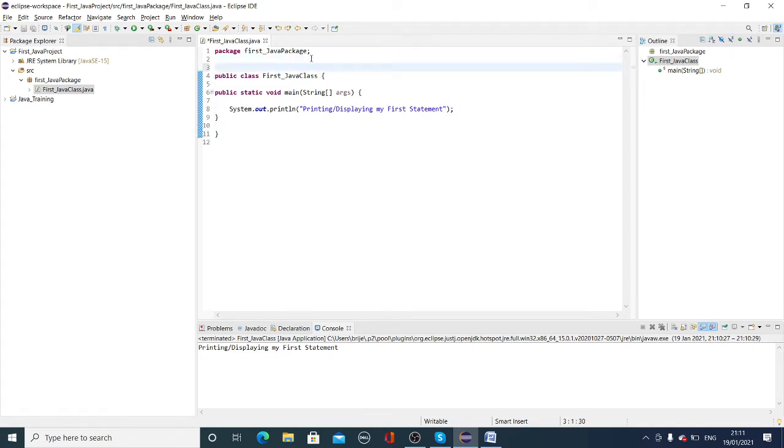If I put something in here, system.out.print, yes, there is an error. What is the error in here?